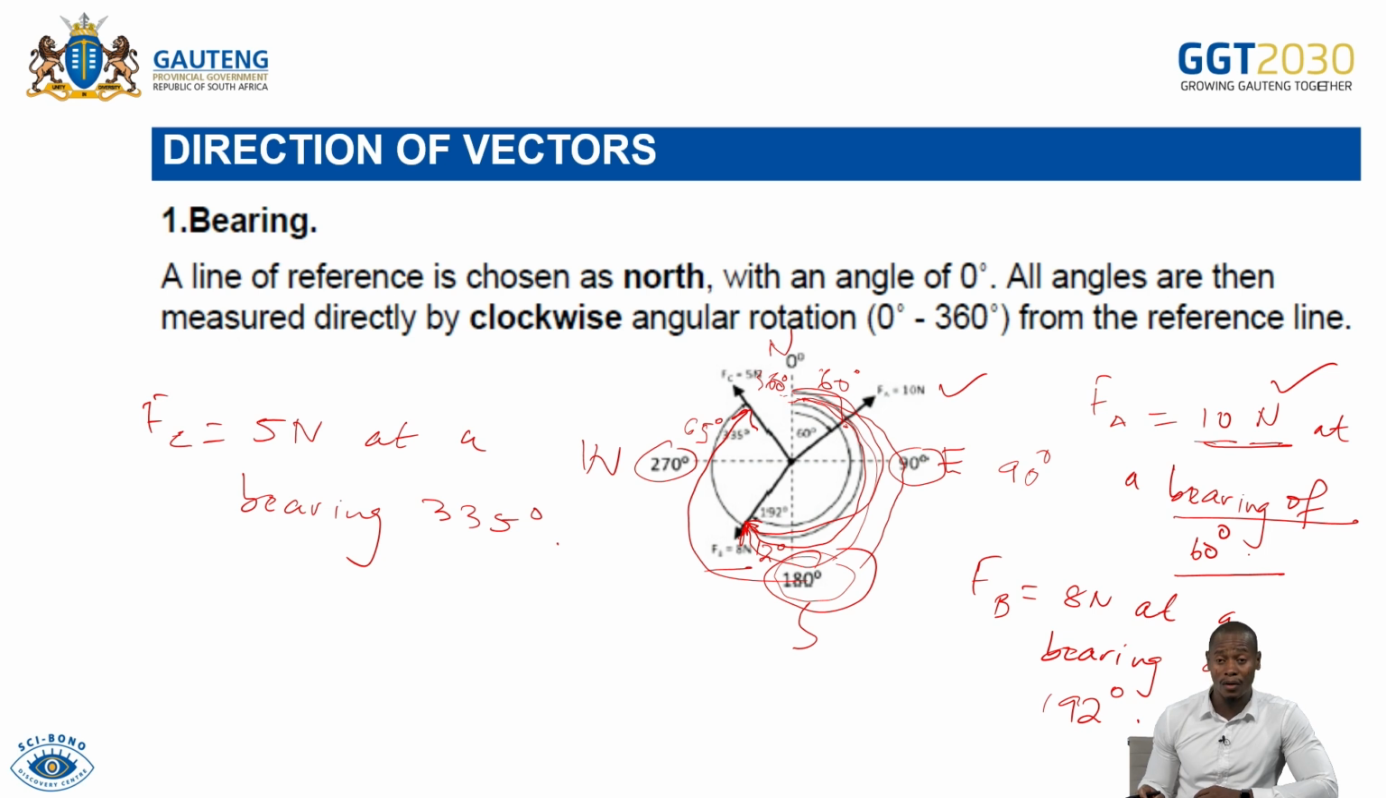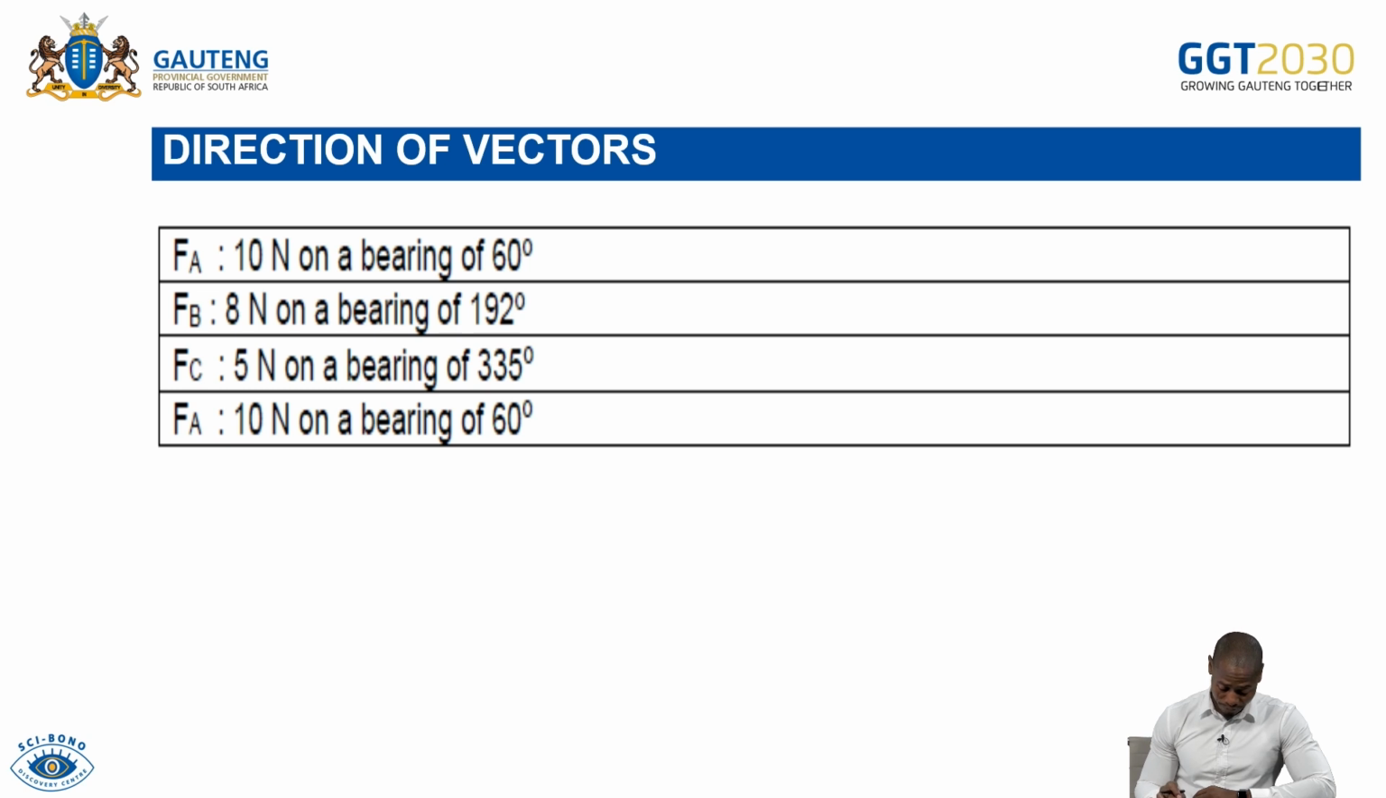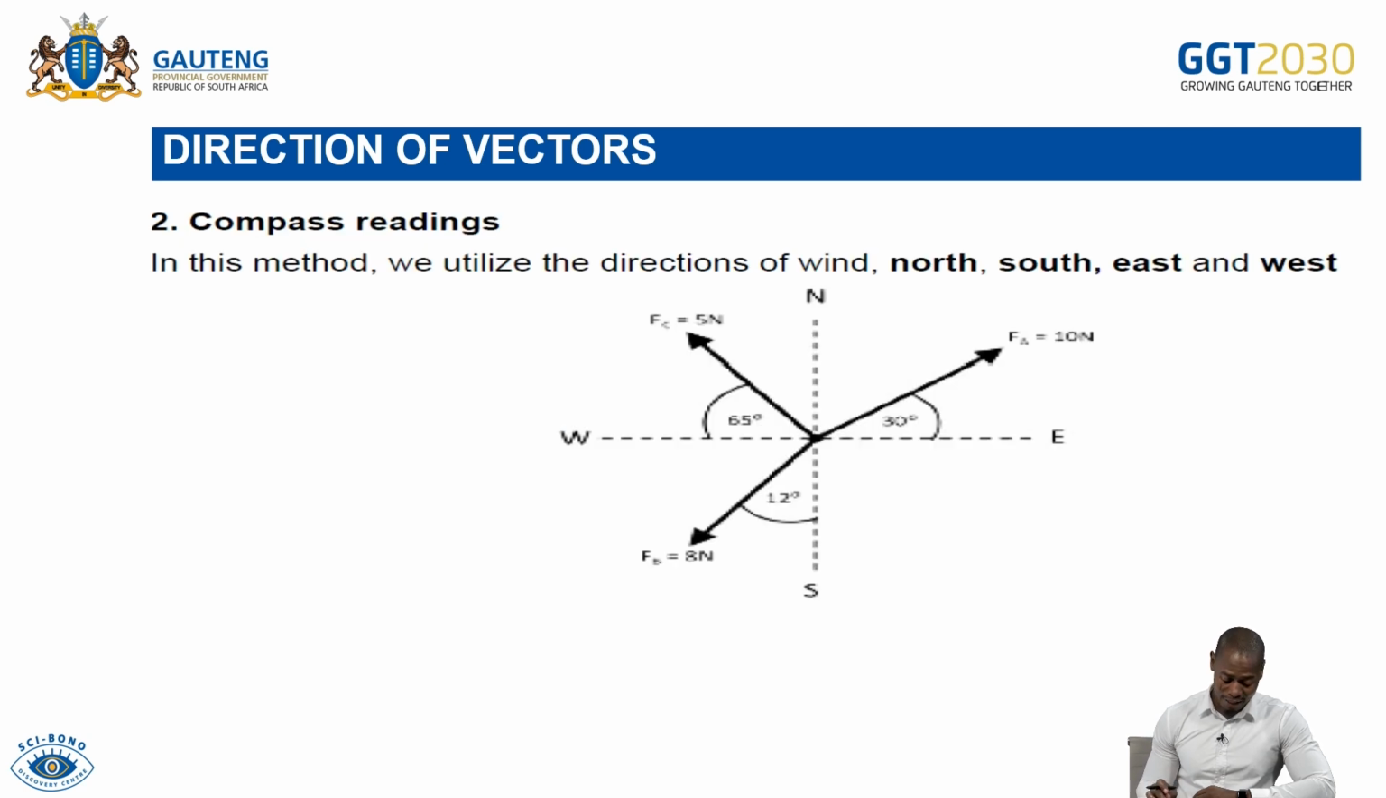So that is one of the methods that you can use to give the direction of a vector: bearing. Then there's another one where you can maybe use the compass directions, where you use your north, your south, your east, your west. Okay, so you are having the first one here, right? Then